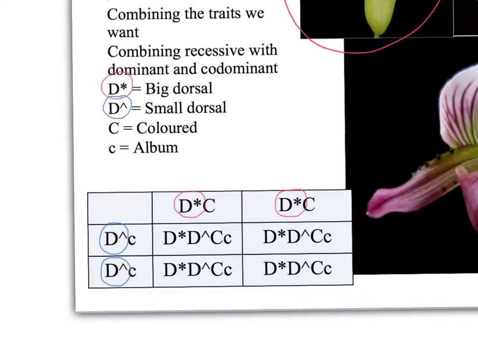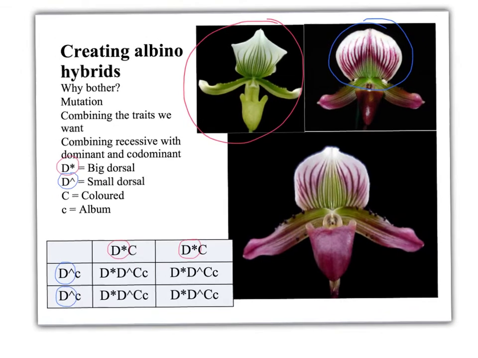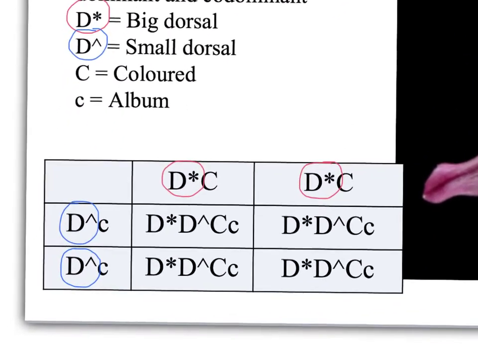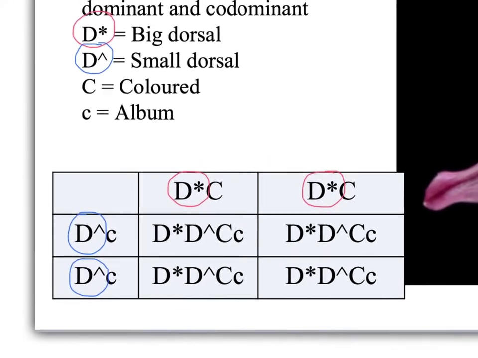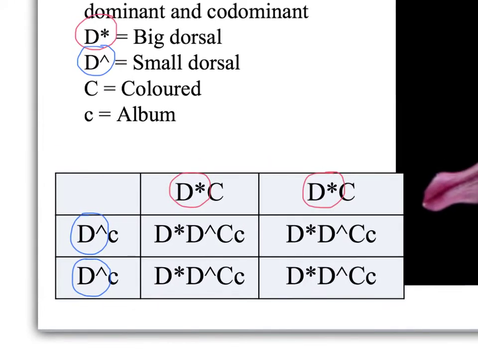If we just zoom back out again, we can see here that the dorsal of the one on the top left isn't nearly as well shaped as the one on the top right. So really we want the dorsal from the top right. What we also want to do is to be able to combine it with the colour,